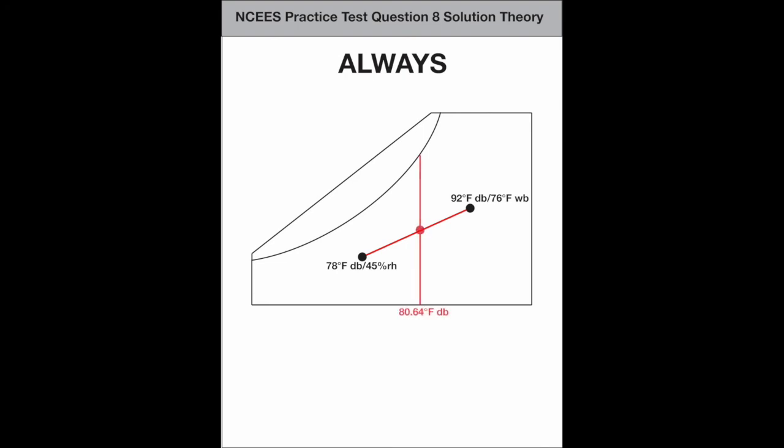Where that line intersects with the mixed air temp of 80.64 dry bulb, find the wet bulb temperature. It's roughly 66.2 degrees Fahrenheit wet bulb. So entering air is roughly 80.6 dry bulb,